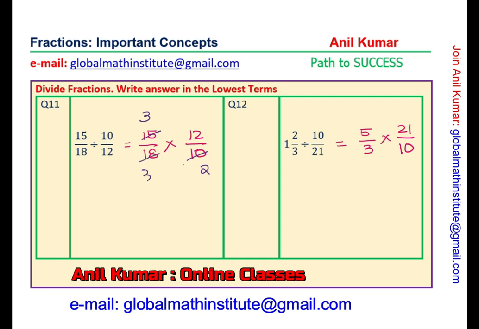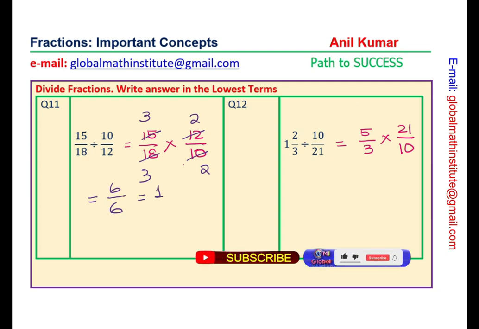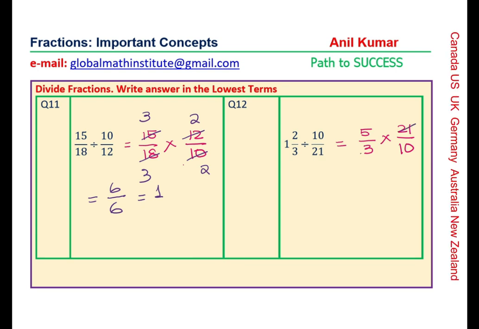6 times 3 and 6 times 2. Great. Well, 3 times 2 is 6, 3 times 2 is 6. If you write 6 over 6, we know 6 over 6 is 1. You could actually do it in a couple of steps. So there is no harm in doing it in more than 2 steps. Perfect. So that is also perfect. The answer is 1. The next one here is 21 can go with 3, 3 times 1 and 3 times